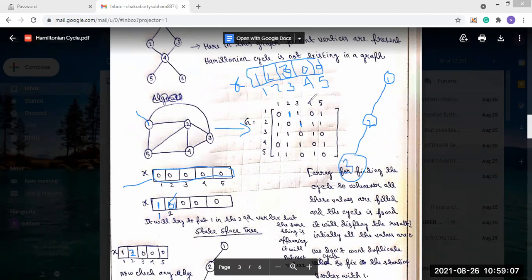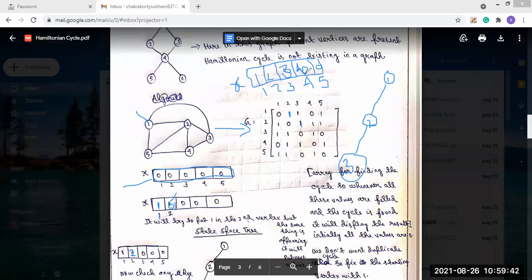Okay, then next we have to check the next index. In case of the next index, we will first put the value 1, but 1 is not possible, previously appearing. 2 is also not possible because 2 has already appeared. 3 is also not possible because 3 has already appeared. So now we will put 4 here, because after 3 the 4 came.